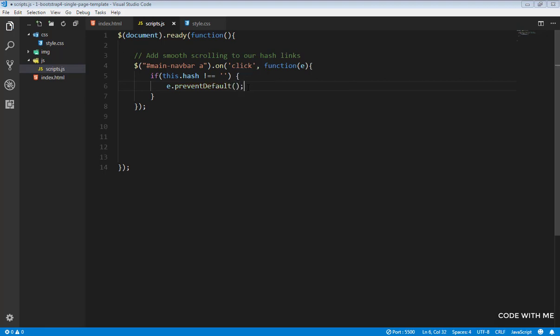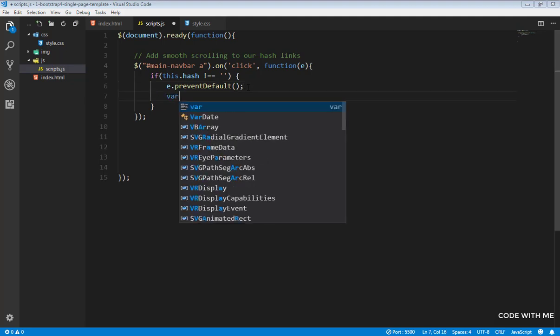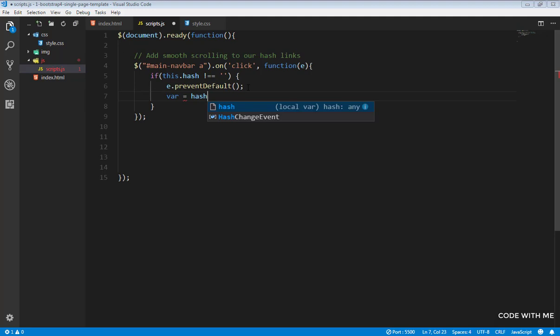I want to get the hash value of that particular link that you have clicked. So let's get a var and get that value. If you click on about, this will be about. If you click on contact, this will be contact, and so on. So next thing I want to do is let's add the animation, and that animation will target HTML and body,